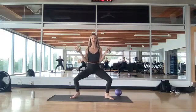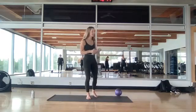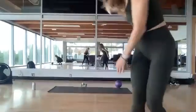Pull right back in. Drop those heels. Stand all the way up. Good job, guys. Okay. Come onto your mat. Weights handy. Squishy ball handy. Just move this down a bit. There we go. All right,